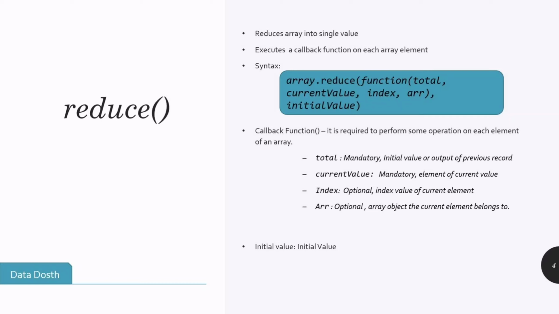Here in this syntax we specified it as total inside the callback function, and while the callback is called, if the initial value is provided in the function, then the accumulator will be the initial value and the current value points to the first value. If we are not passing any value, then the accumulator points to the first value and the current value points to the second value. And the next parameter is index. Index will point to the current index, and this is optional. And the array object is also an optional field.